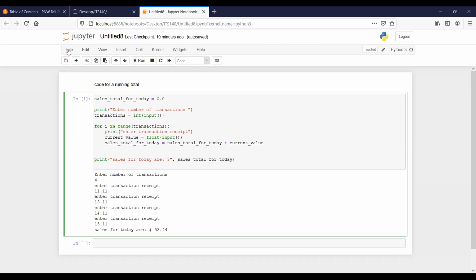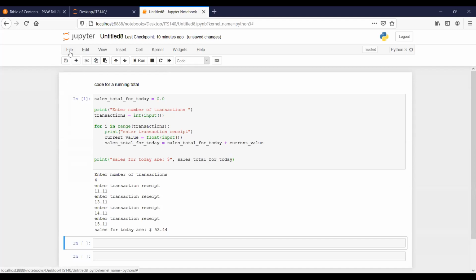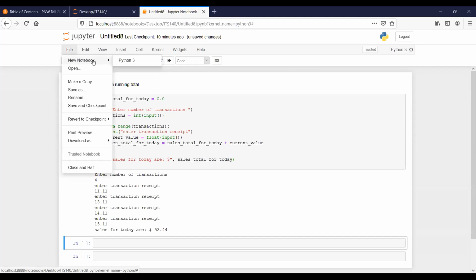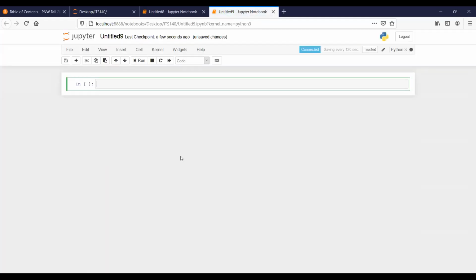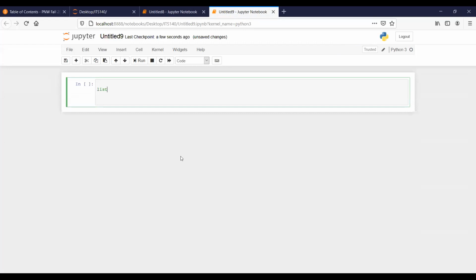I actually want to do one new thing. Let's do another one. And this one, I just want to show you something interesting with Jupyter Notebooks. This is that iterable object that it was talking about, right? So a list of, it can be whatever you want, but let's say a list of numbers. I'm just going to put in 7, I put 11, 3,